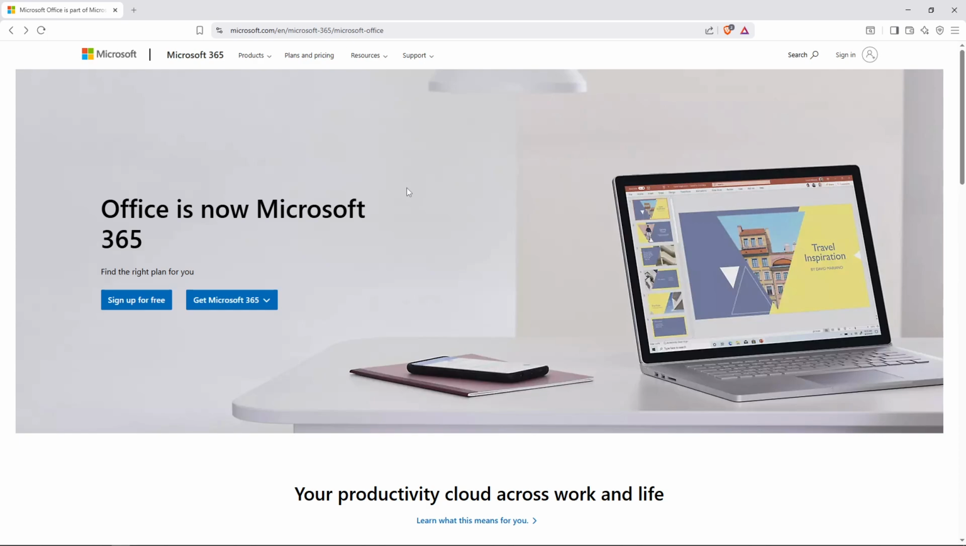To start, open your browser and navigate to Microsoft.com. This is the official Microsoft website where all their Office applications are housed, so you'll be getting access directly from the source. Once the page loads, take a moment to familiarize yourself with the layout, as we'll be navigating through